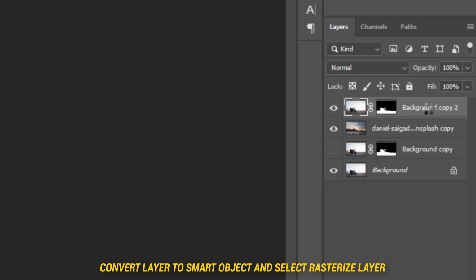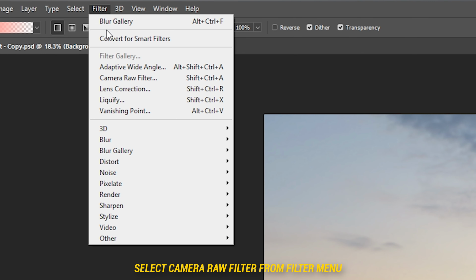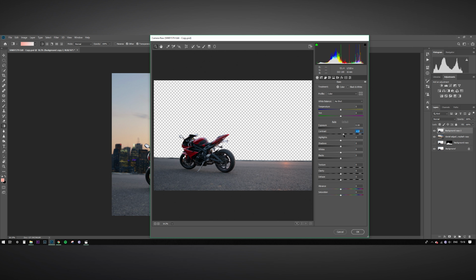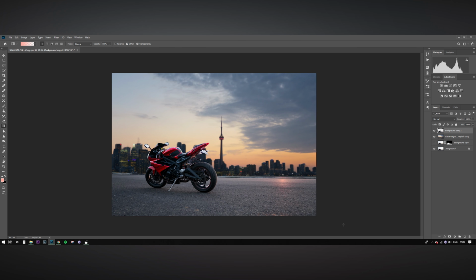So we begin with the front layer, which is the bike layer. We convert it into a smart object and then rasterize it. Click on the Camera Raw filter in the Filter menu on the top menu bar. Now this opens a Lightroom-like setup within Photoshop. I would like to boost the details in the bike to bring it out more in focus and bring up some of the reds by saturating and increasing the luminance in the HSL column.